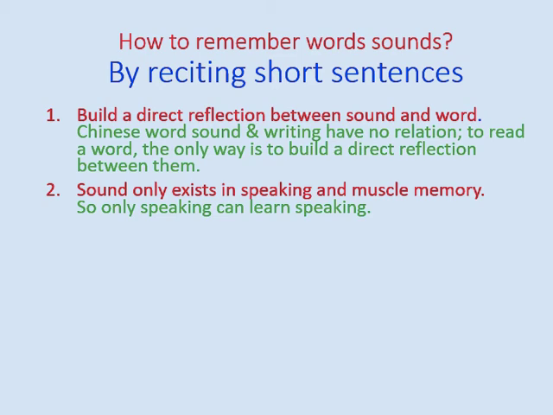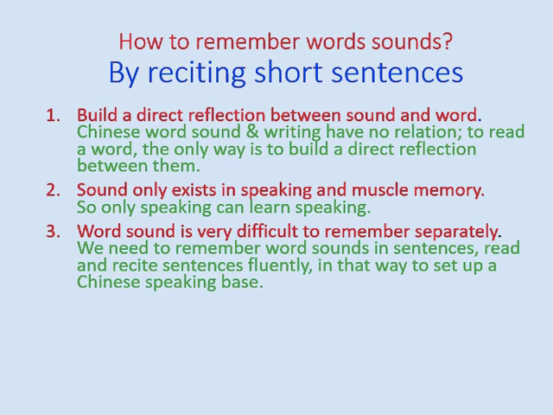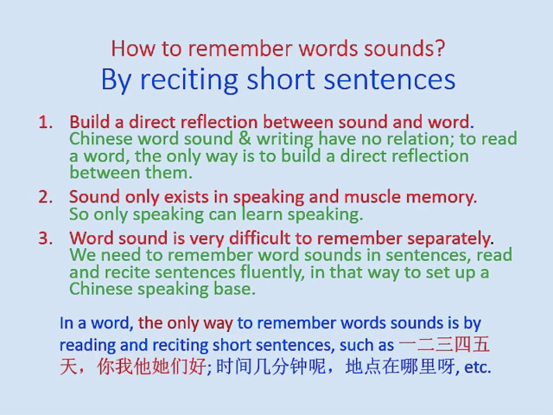Secondly, sound only exists in speaking and muscle memory, so we can only learn speaking by speaking. Thirdly, Chinese word sound is very difficult to remember separately. We need to remember the sounds in sentences, and read and recite sentences fluently. In that way, we set up a Chinese speaking base. In a word, the only way to remember Chinese word sounds is by reading and reciting short sentences, such as